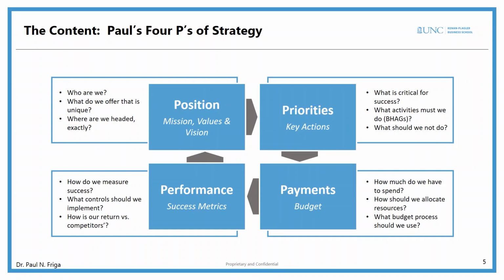By position, I mean the traditional strategy statements of mission, values, vision. Who are we? What do we offer that's unique? And where are we headed exactly? Once that's clarified, and I mean clarified and condensed to 1 page or less, I'd like to then move to